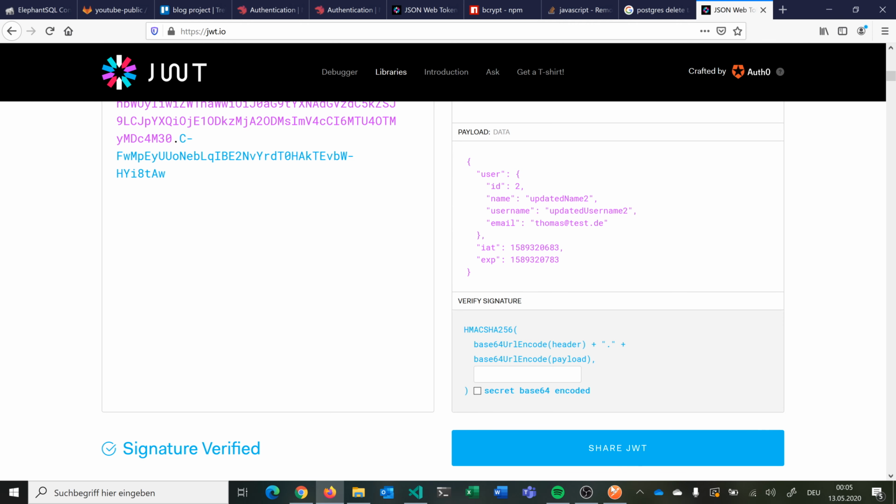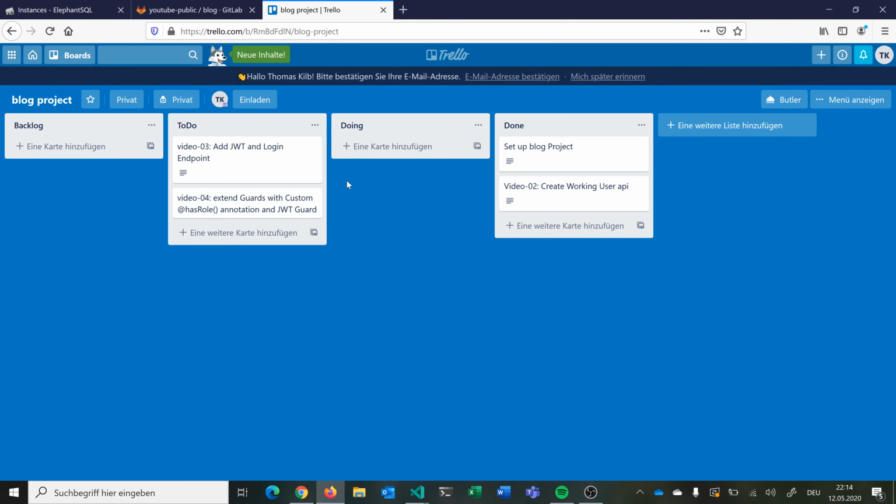So let's start. This video is a bit different to the last one because I already wrote a story to save us all some time. In this video we are going to add our JWT, we will check the password, we will add the login endpoint, and then in the next video we will extend our endpoints with guards, with a custom has-role annotation, and with a JWT guard for some endpoints. So in this video